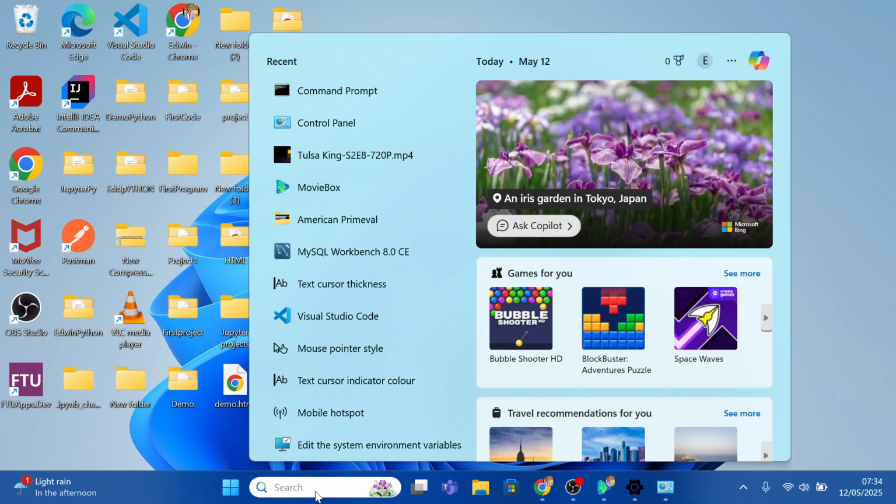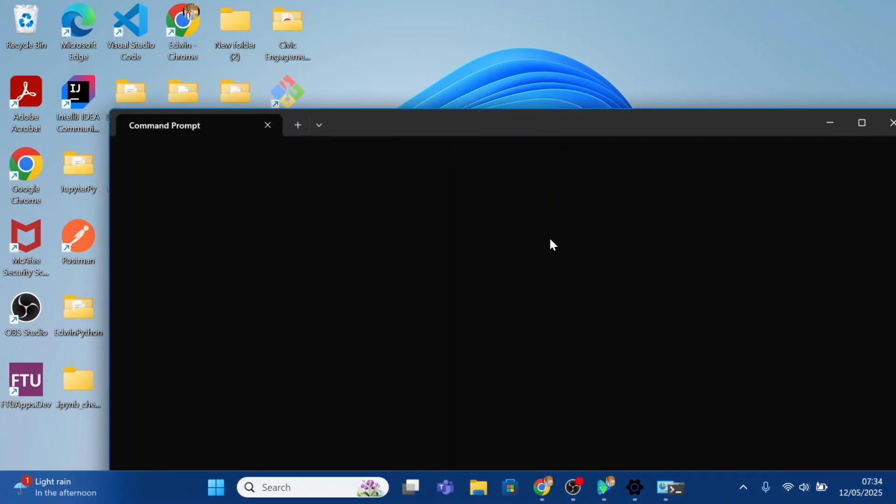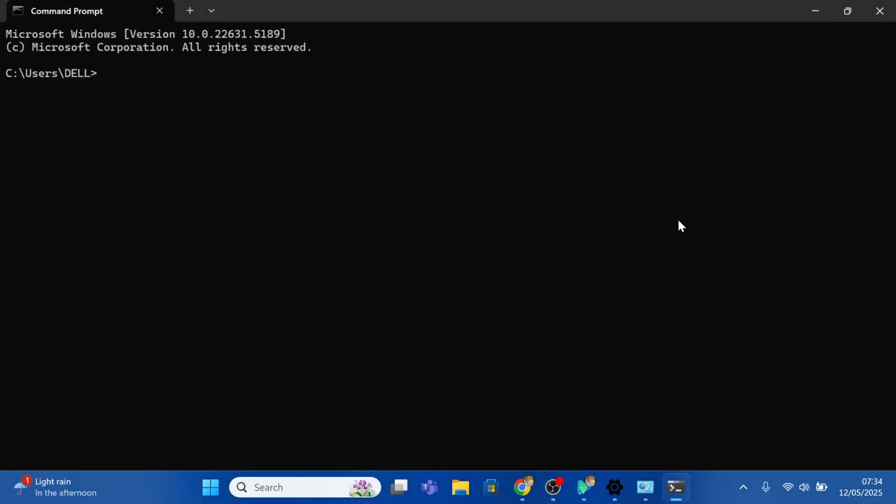Come to the search bar and type cmd. Click open. And in our command prompt, type git space --version and press enter. You can see that you have downloaded the latest version 2.49.0. So that's how to download and install